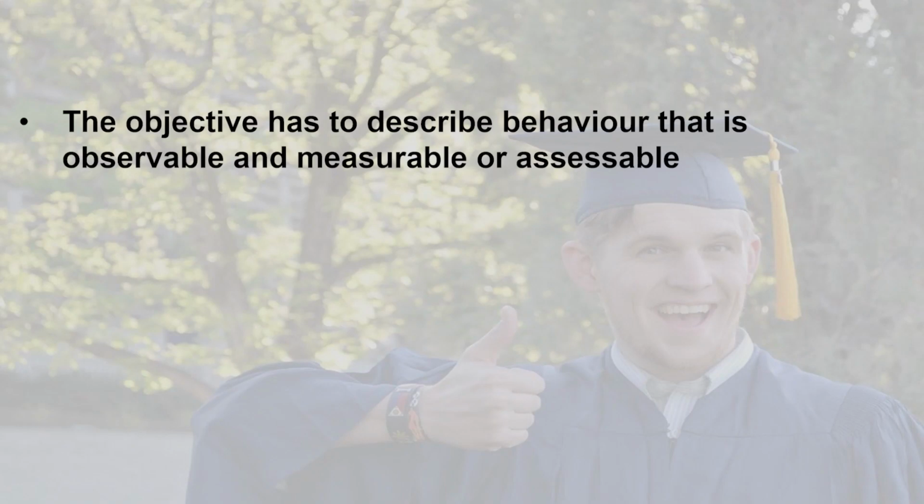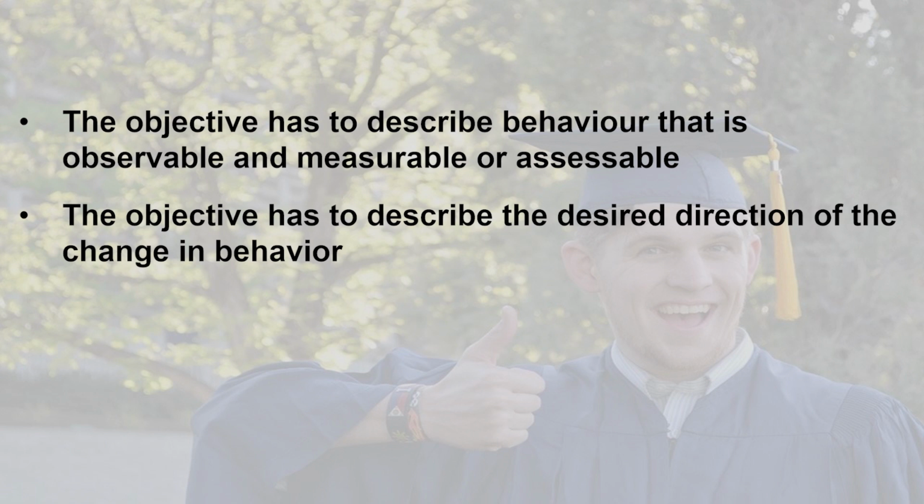1. The objective has to describe behavior that is observable and measurable or accessible. So whatever the desired behavior that we are expecting needs to be observed, needs to be measured or assessed. The second would be the objective has to describe the desired direction of the changes in behavior. So the direction, whether we are reinforcing the desired behavior by increasing, the behavior has to increase, or whether the behavior has to decrease or fade off,